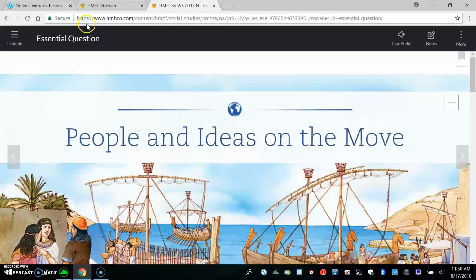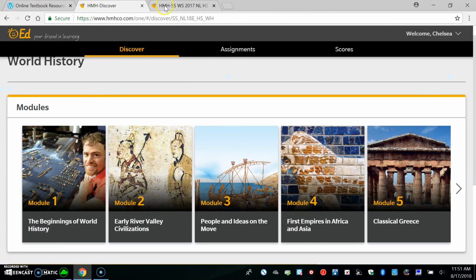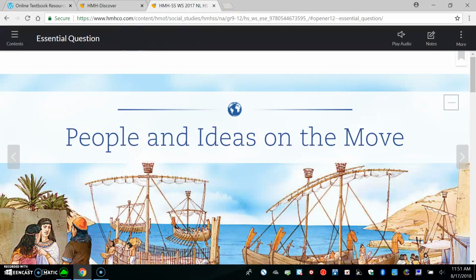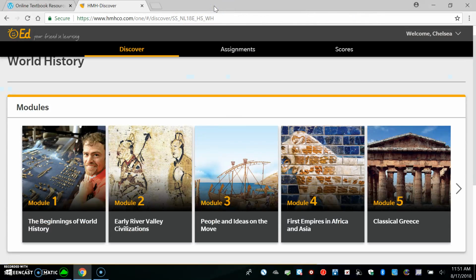The other thing that I will point out is that when you click on options, usually if you click on a module, it will open in a new tab up here at the top of your browser. So to go back to where you previously were, just X out of that tab and you'll be back where you started. The other thing I would point out to you, because I couldn't show you this on your end,